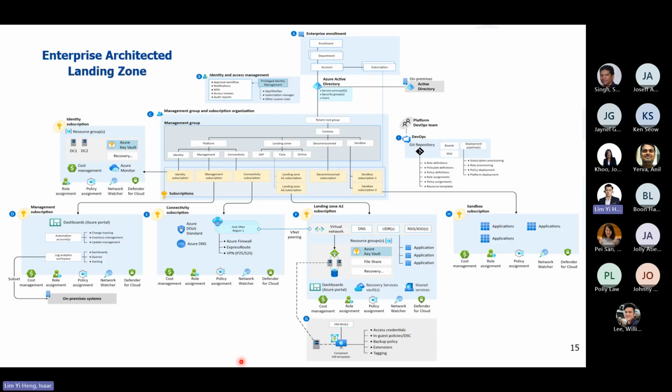Okay, so coming on to this next slide, it is talking about the well-architected landing zone in terms of the enterprise level. So previously we talked about landing zone being nothing but a piece of land to land our foundational services onto the cloud infrastructure. So imagine this whole piece of land is our house and subscriptions are our rooms. And all these services are our fixtures and also furniture inside the room. In terms of the management group, think of it as the house owner.